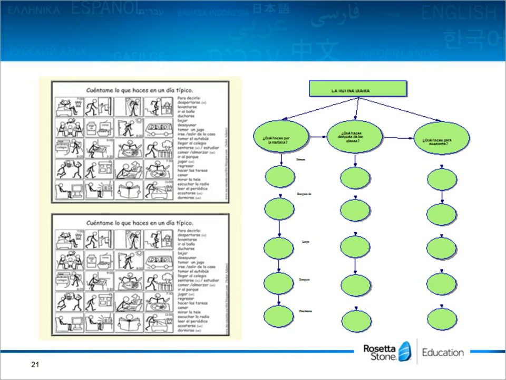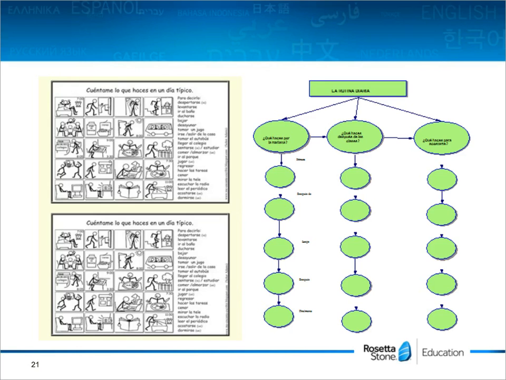With this activity, it's the same on top and on bottom. I made a copy of it, cut it in 2, and set it up as a station. The students opened the folder and read the directions that explained to them, in this station, I want you to tell me what the student is doing. Pretend that you're the student and describe what you are doing from the time you get up until the time you go to bed. On the right side of the column, for all the verbs that they use, they have to put them in sequential order, and they have to conjugate properly.